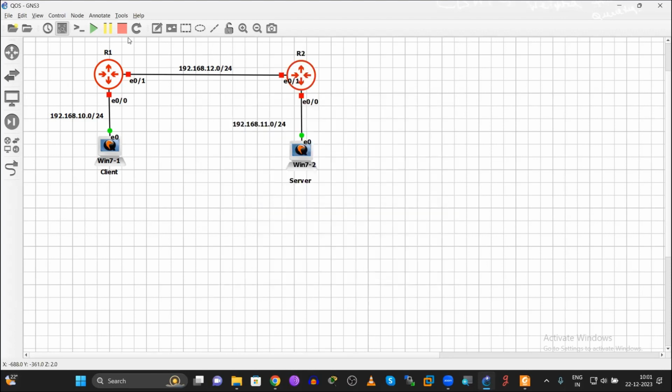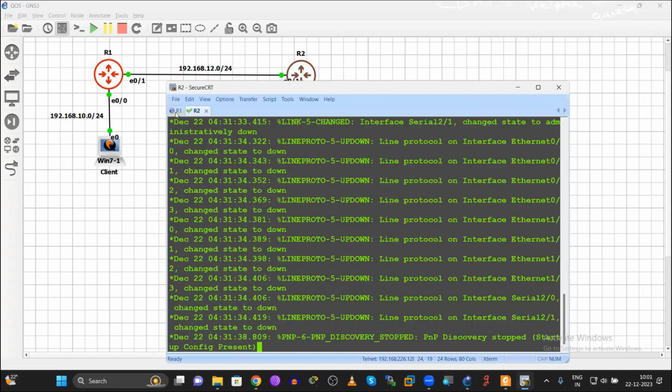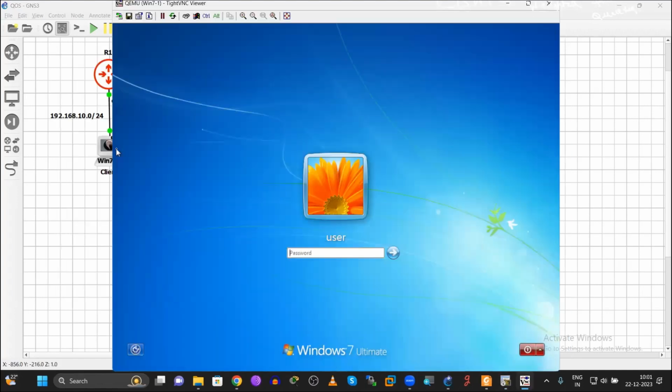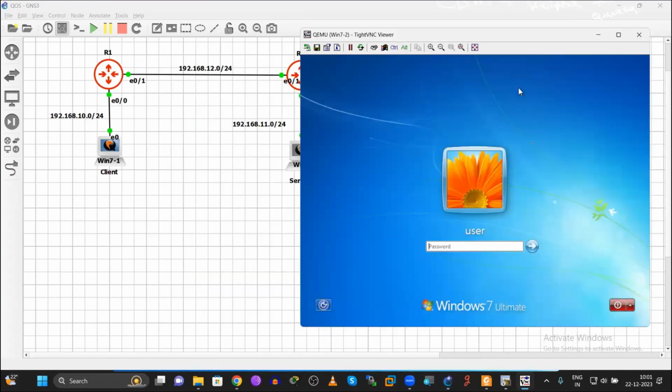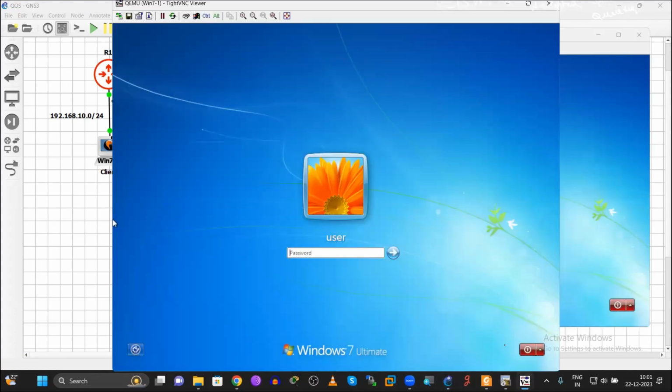Apply. Okay, both have turned on. Meanwhile, I'll try to use these Windows 7 computers. Okay, they are also turned on successfully.